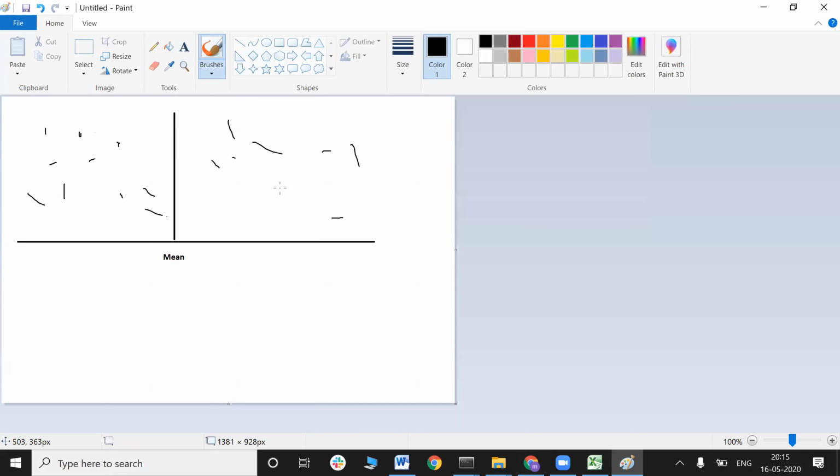When I try to get a graph of it, say for example a normally distributed graph, this is my mean and this is my observed point. Now I want to find out the spread, the variation of my data, how much it is away from the mean. That's what the standard deviation is.